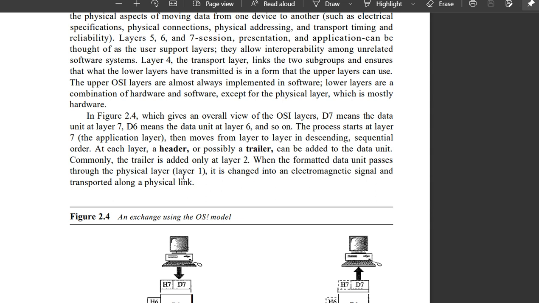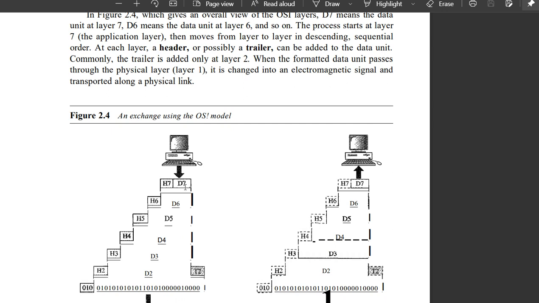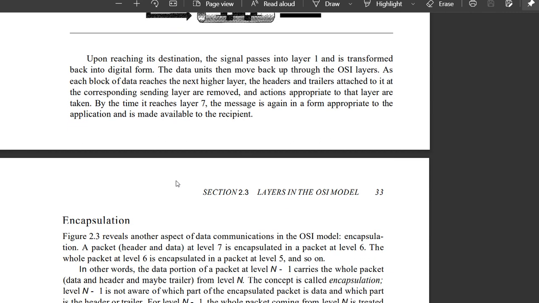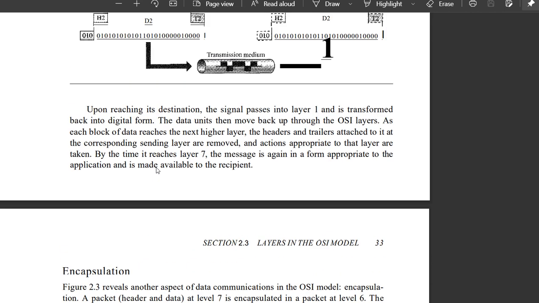It means a header is added to the data unit. Here D7 is the data, and H7 is the header that is added. Why is it added? Because of addressing, meaning for whom it has to reach, so the header contains the address. For that addressing we add a header or trailer.